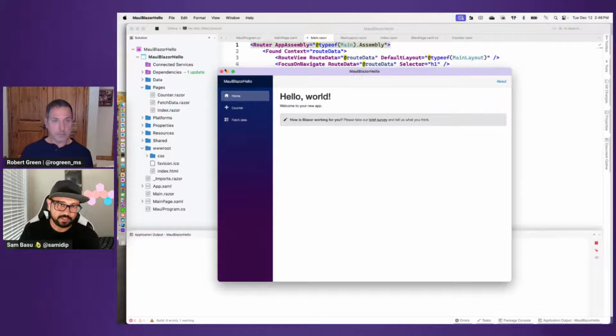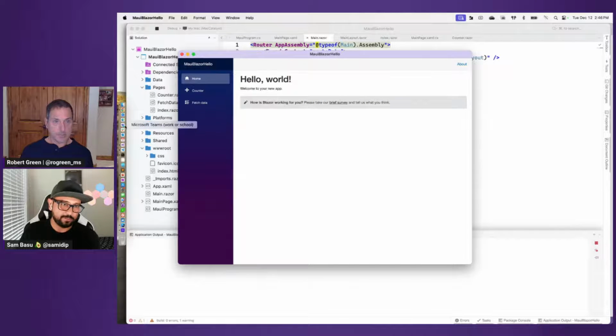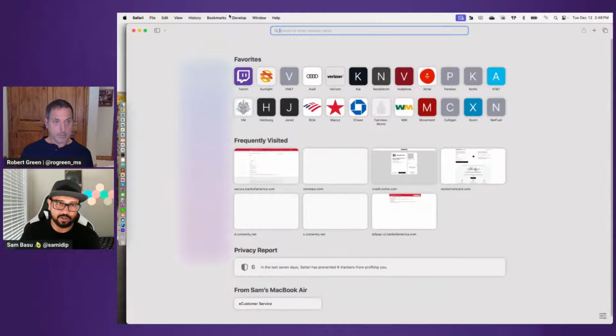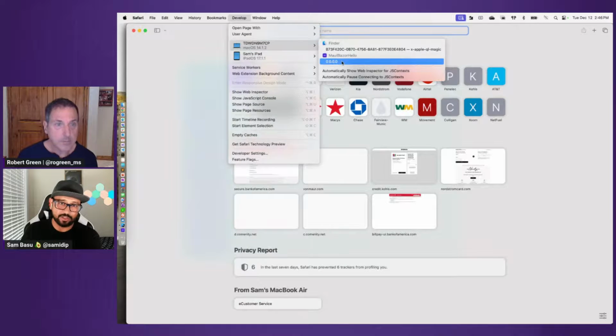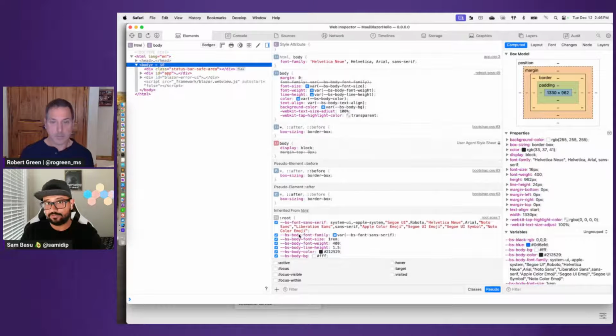The good thing here is if you are in this Blazor mode, if I bring up my Safari and my walled garden here, you can actually see that app running. I have my iPad that's connected, so it's seeing the iPad, but then that's my Mac, and there is my Maui Blazor Hello. So this is DevTools, exactly as you'd hope in Chrome or Edge or Safari. You are essentially free to play around with CSS and HTML and JavaScript while your app is running inside of a simulator or inside of a desktop shell. Web developers see this and they feel welcome because now they can muck with the HTML and CSS while your app is running.